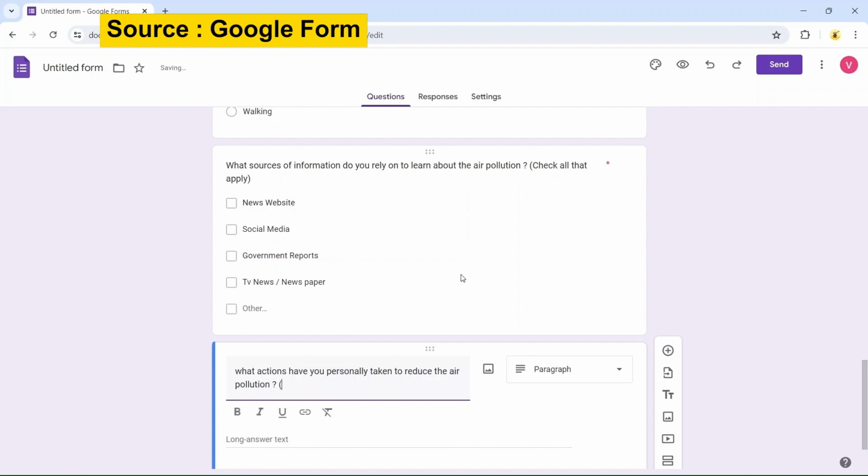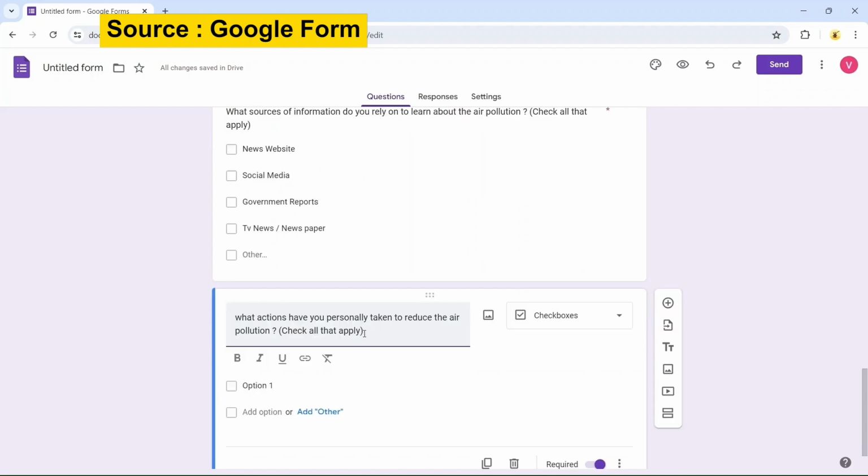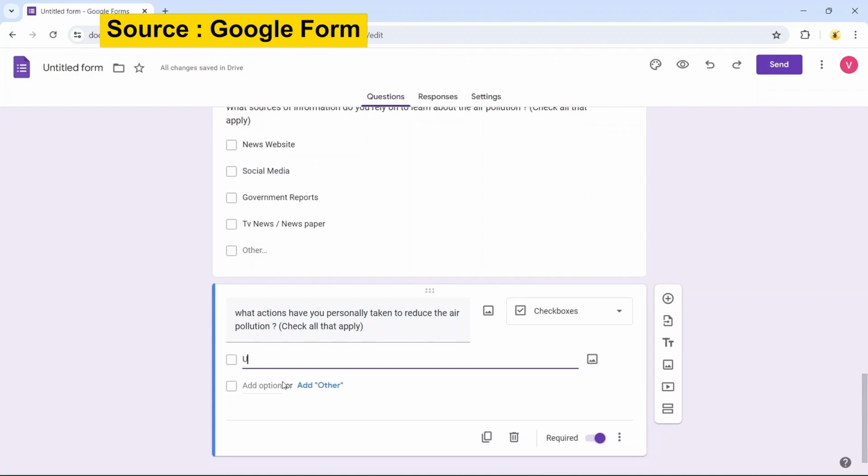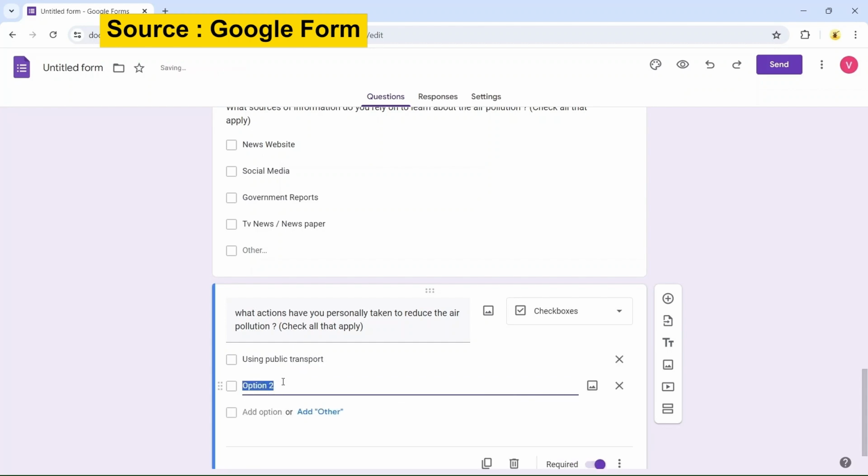It is a checkbox question, so we will write check all that apply. Now let's add the options. Using public transport, next is reducing the energy consumption,